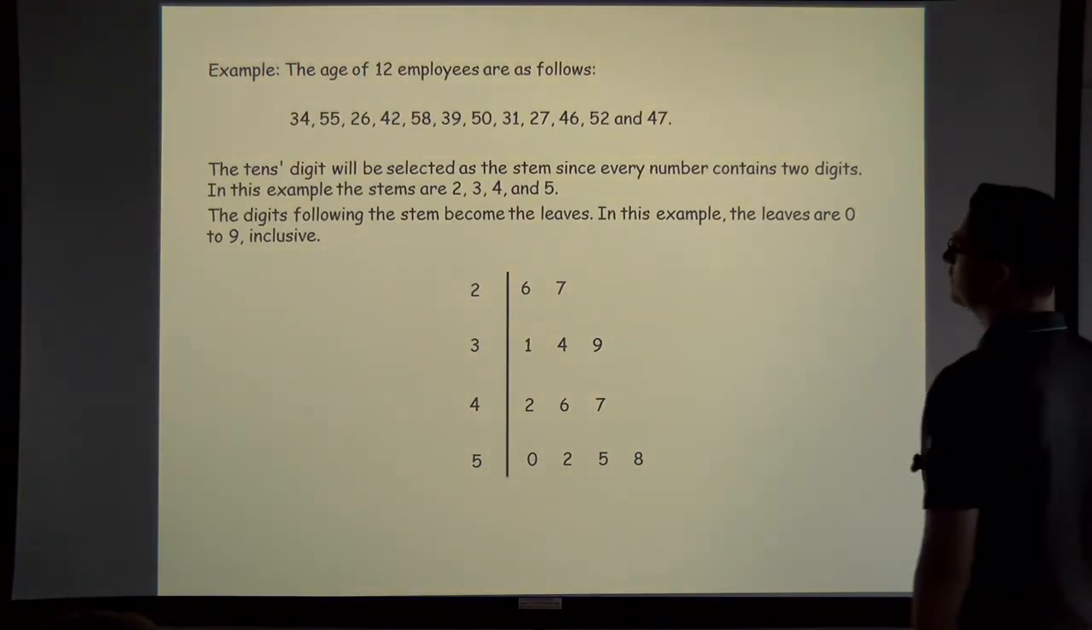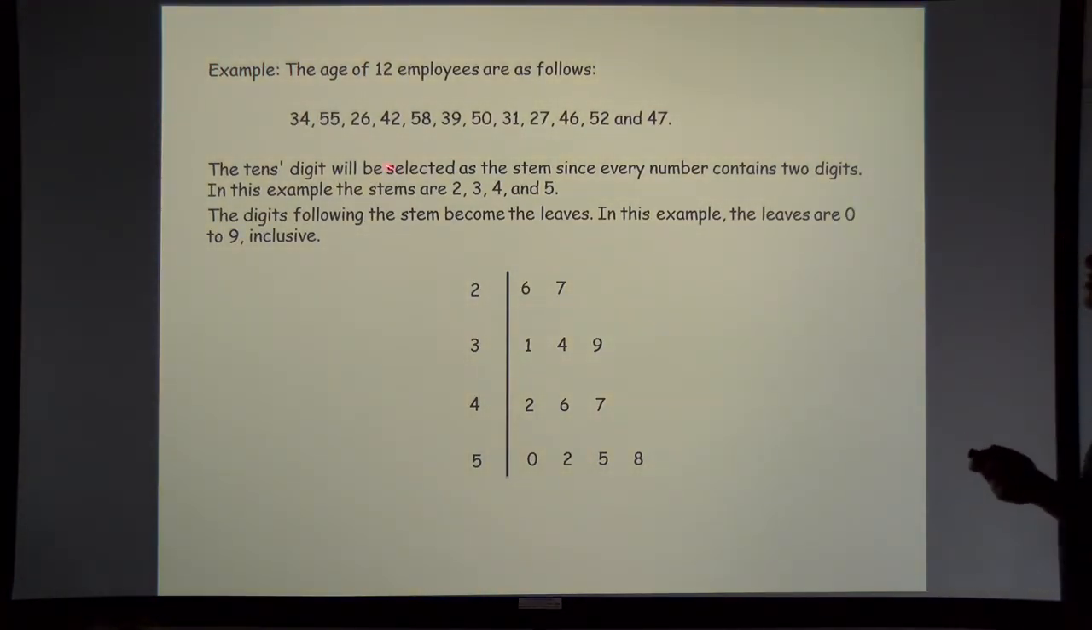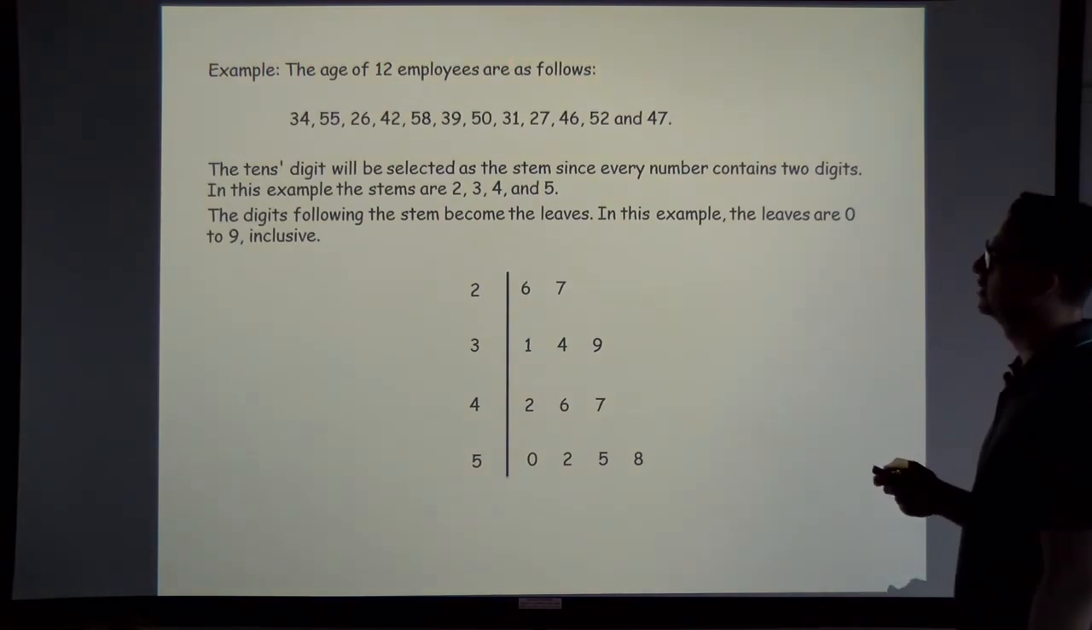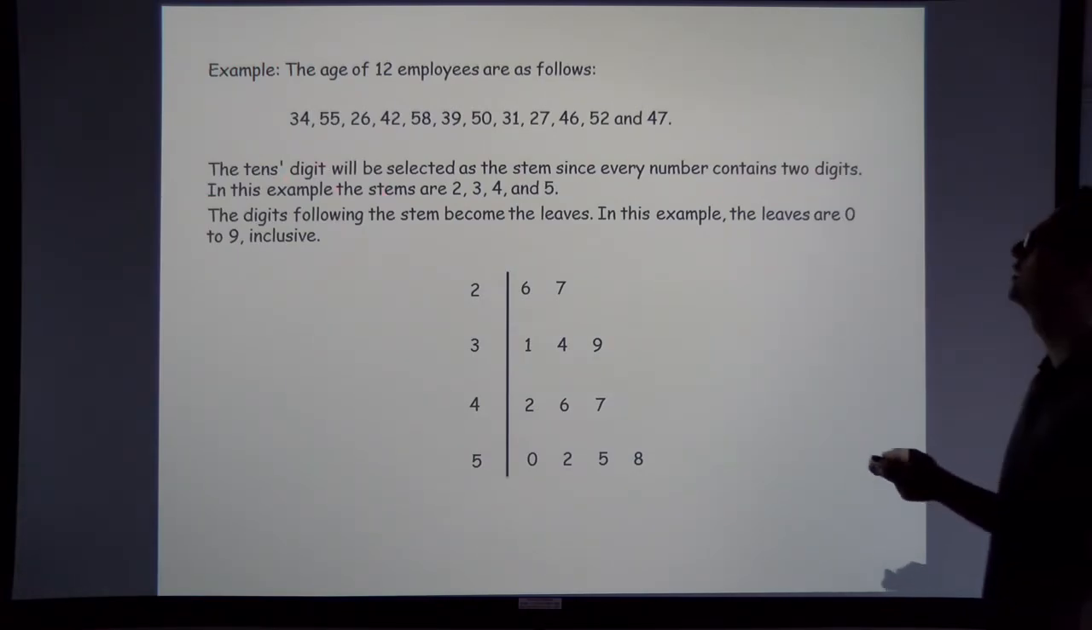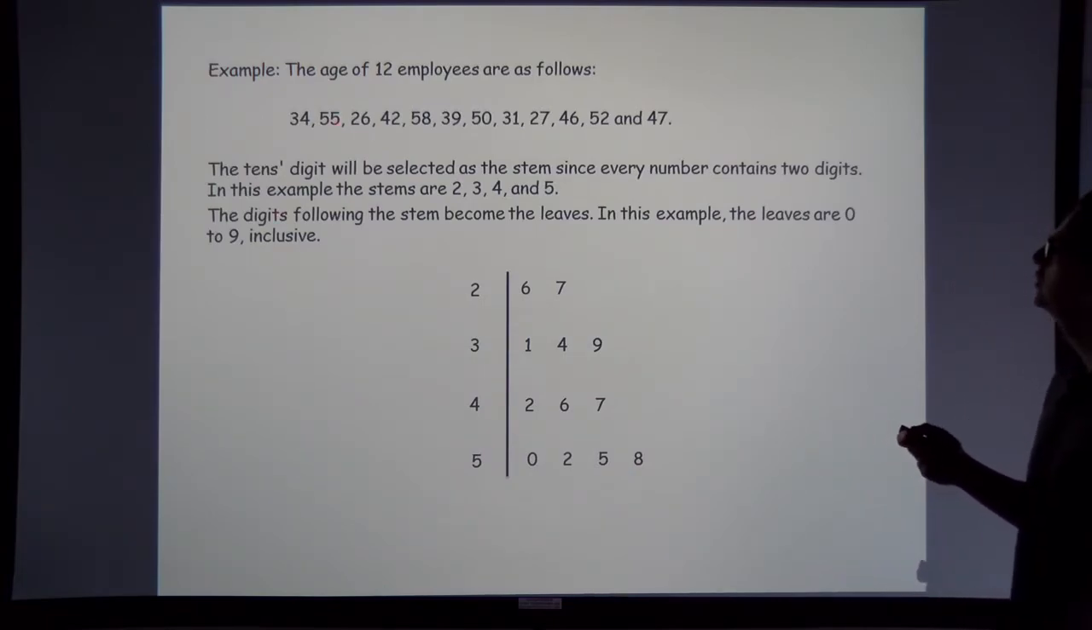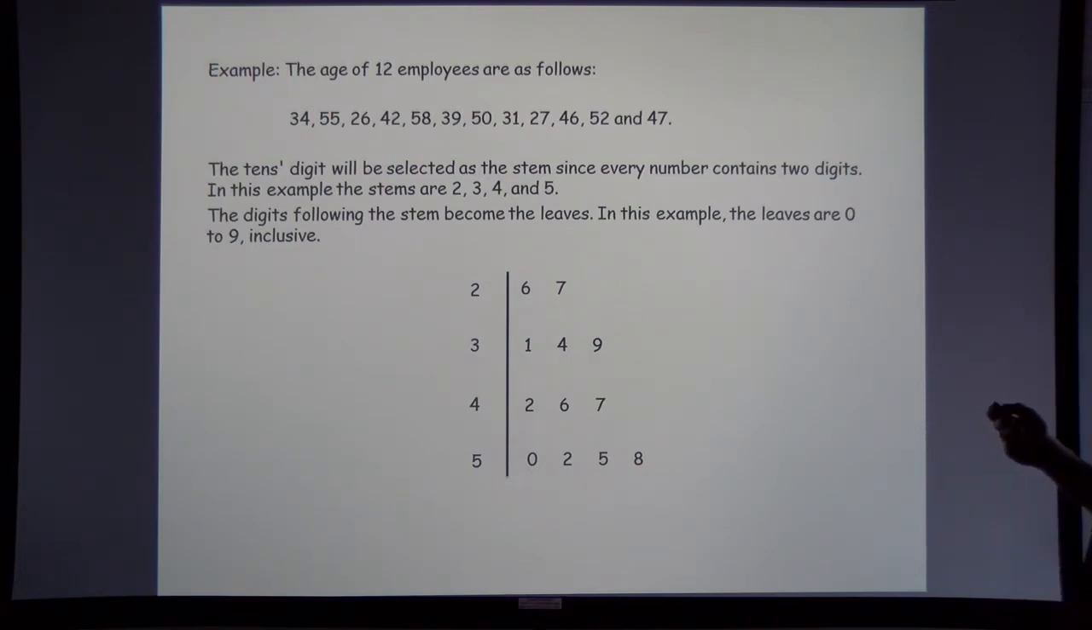So the example we have here is the ages of 12 employees, as follows. Okay, so we have all of our data. The tens digit will be selected as the stem since every number contains 2 digits. In this example, the stems are going to be 2, 3, 4, and 5. The digits following the stem become the leaves. In this example, the leaves are